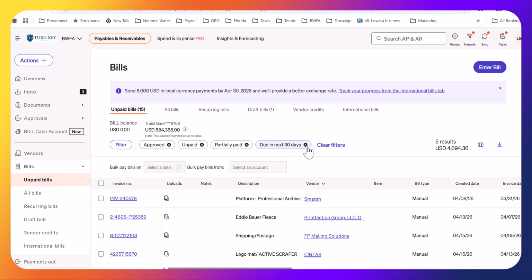Normally what I do is I remove this filter, only because I've seen enough errors in data entry in Bill.com where it's either reading the wrong year or somebody doesn't override the year, and they may have a bill that's approved that's due to be paid in 2027, for example, because it read the wrong year. So that should be fixed, because that can create other problems in your accounting reporting,